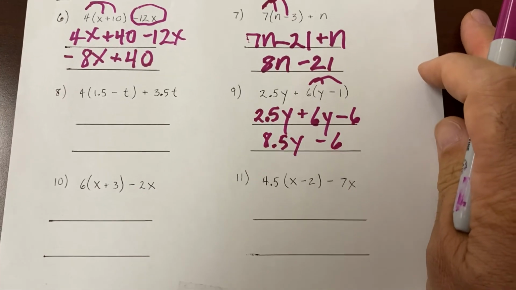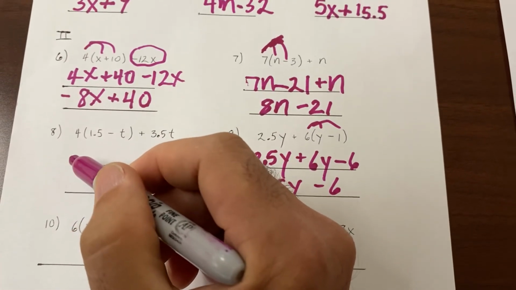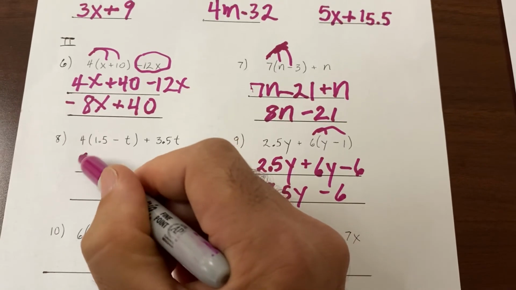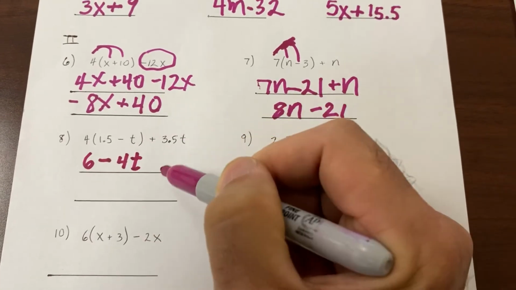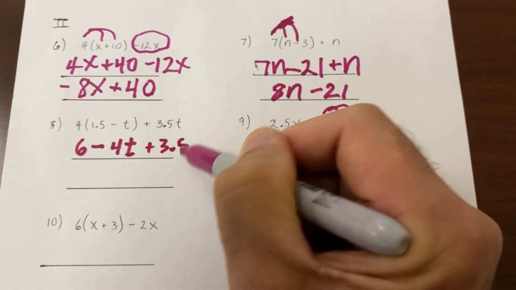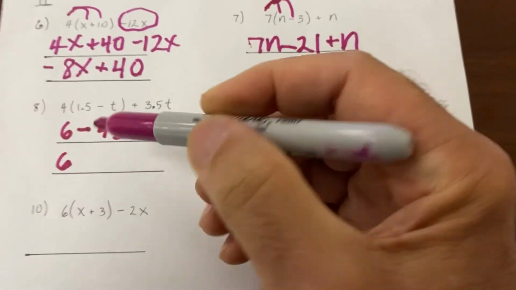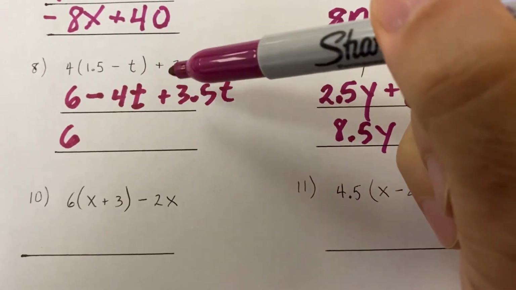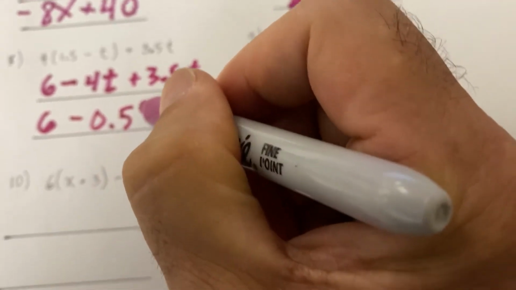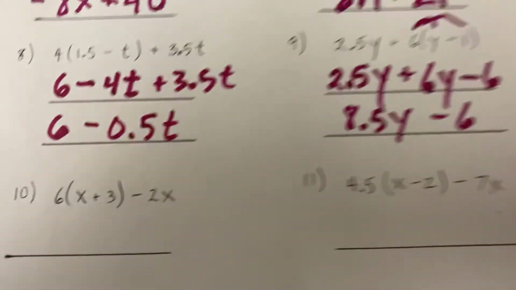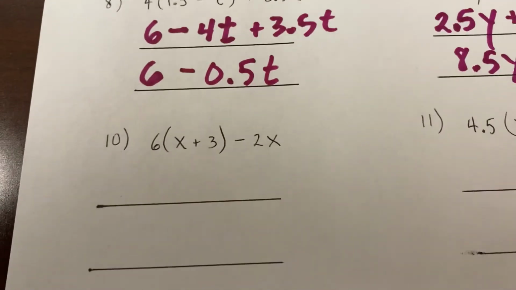Okay, so here we go. 4 times 1.5. Well, think $1.50. 4 times 6 minus 4 times t. I'll make the t look like that. Plus 3.5t. Okay, so I'm going to add my t's together. Let's bring down the 6 first, I guess. Negative 4 plus 3.5 is negative 0.5. Done. And again, we're hopefully going to meet live and go over this, or if you have any questions on